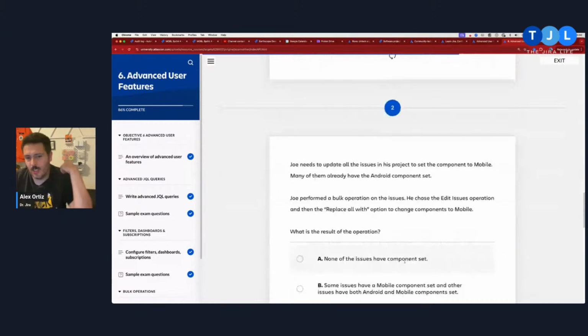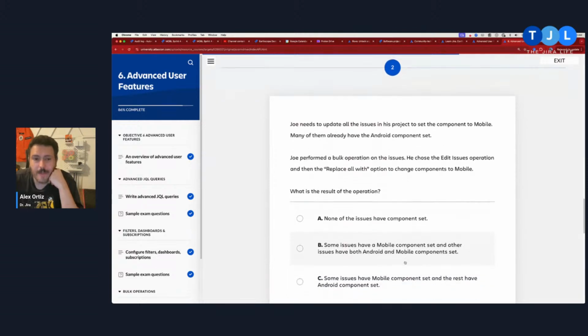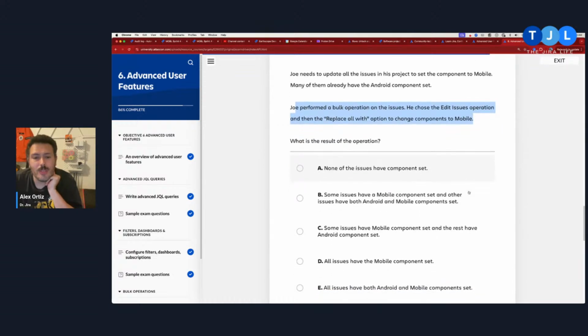Yay. All right, Joe needs to update all the issues in his project to set the component to mobile. Many of them already have Android components set. Joe performed the bulk operation on the issues. He chose the edit issues operation and then replace all with the option to change the components to mobile. What are the results?